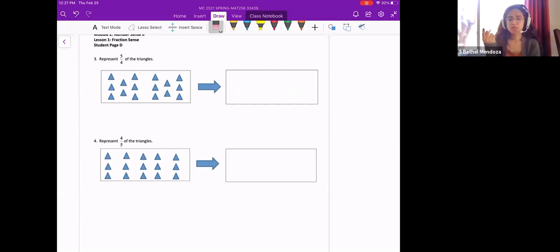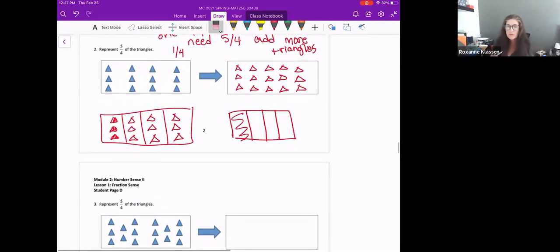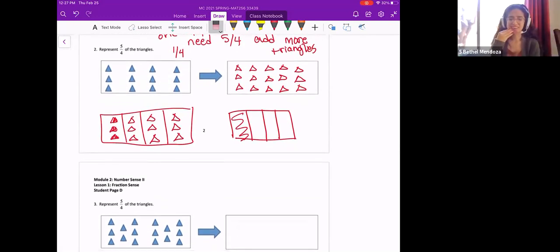Sydney in the chat asked, why did you shade the first column? Oh, I didn't. Bethel did. Yeah, Bethel said she shaded it. Why? Because I knew that I needed another column of triangles, and so that's just another visual for me. That's why I shaded in the first column, to know that, oh, that's another copy of 1/4 that I needed to make